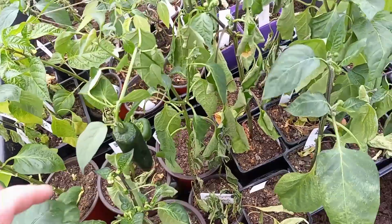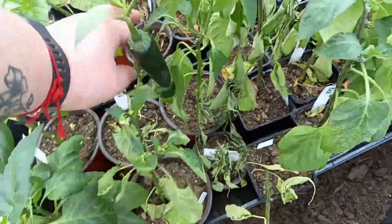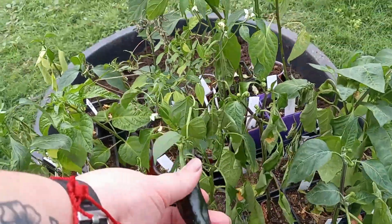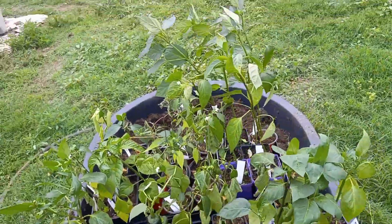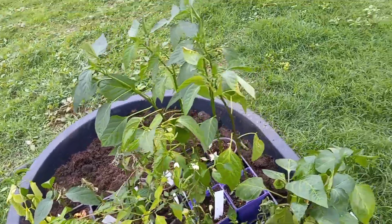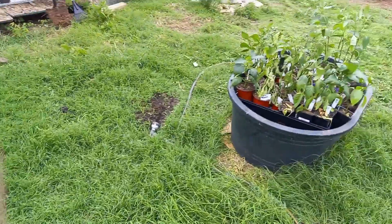I thought I had a poblano. Or is that, no, that's a bell pepper. This is a poblano, not a jalapeno. Poblano. So, yeah, they already started trying to produce peppers while they were in my house. So happy. So my pepper plants are going to be in that bed. And then in this one,